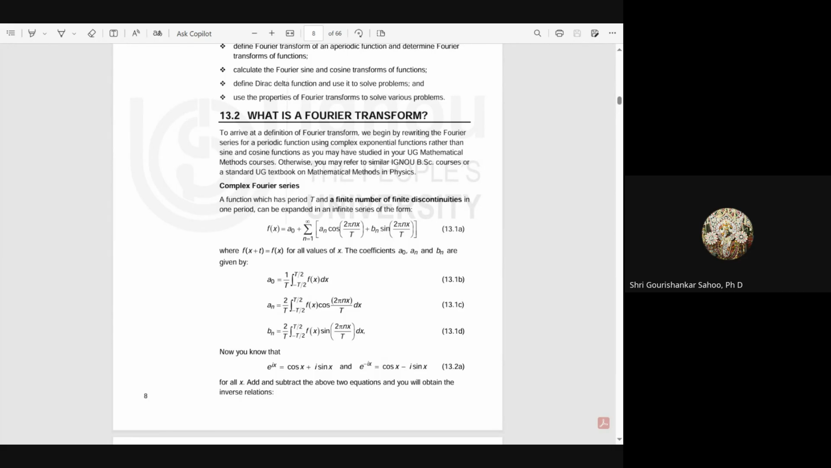So you know Fourier series. It is very useful for periodic functions, and by using complex exponential functions rather than sine and cosine functions, you may have studied earlier. And your complex Fourier series, you can discuss, or a function which has period capital T and a finite number of finite discontinuities in one period. This can be expanded in an infinite series of the form. So this is Fourier series. f(x) is equal to a0 plus summation n equal to 1 to infinity a_n cosine of 2 pi